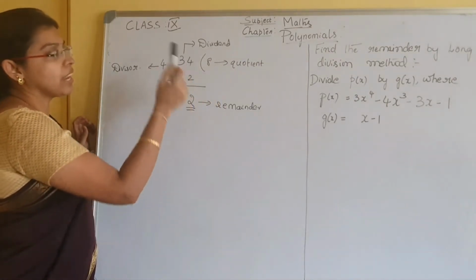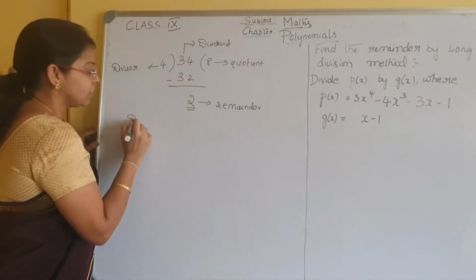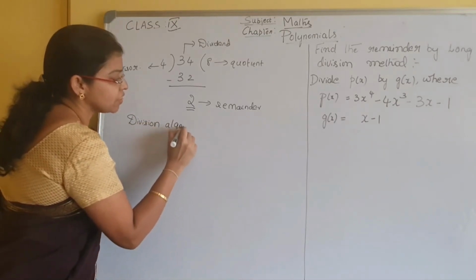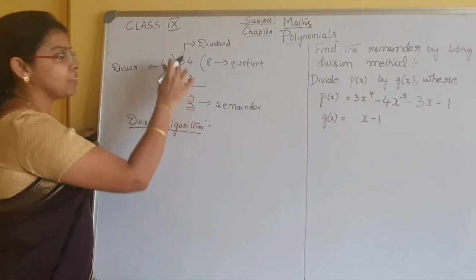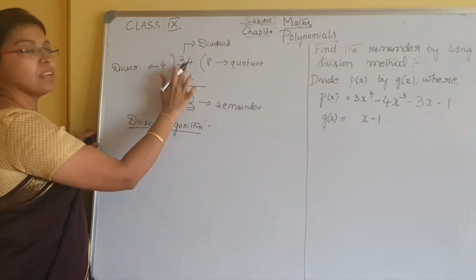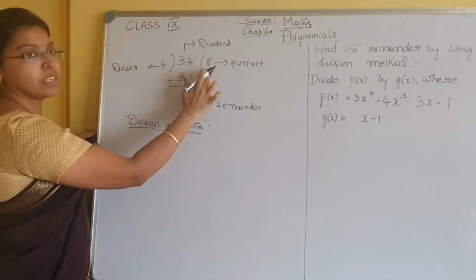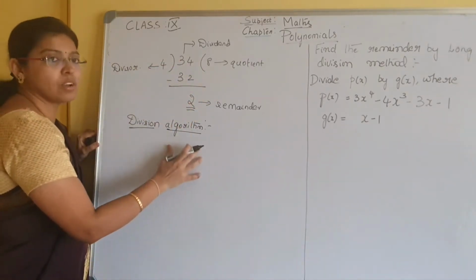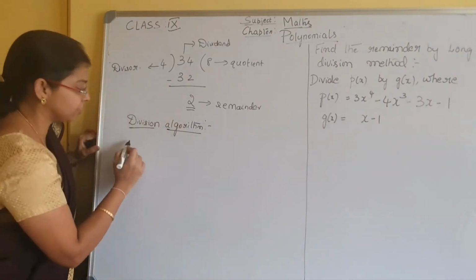That is, how can you get back this dividend? So we all know this, right? Division algorithm. What is division algorithm? We know how to divide. How do we get back the value of dividend? So 34 is got by 4 into 8, 32 plus 2. Right? We all know this, but we don't call that a division algorithm, but we know how to get the values. Now we will write the algorithm, how to get the dividend.